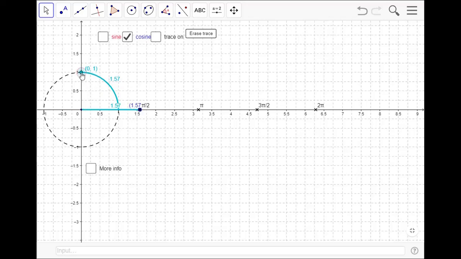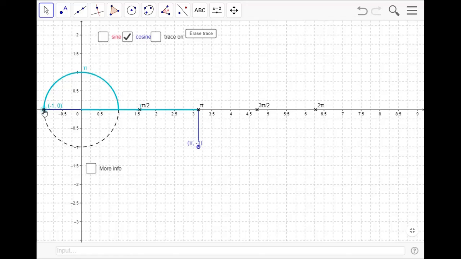If you further increase, you can observe it will take negative values. The x coordinate is negative if the point is in the second quadrant, and cos x is also negative, less than 0, and as you increase the angle, it will become minus 1 when x equal to pi. When x equal to pi, cos x takes the value minus 1. That is, (pi, minus 1) is the point.